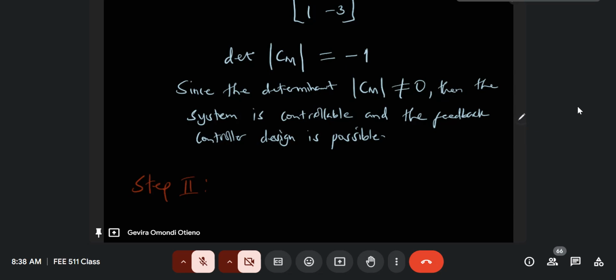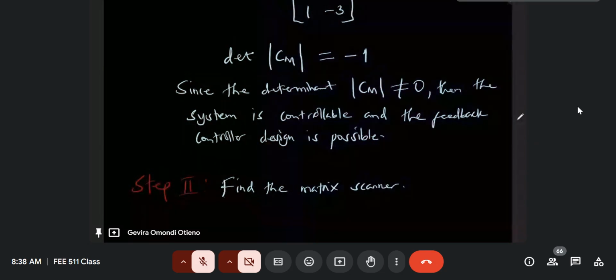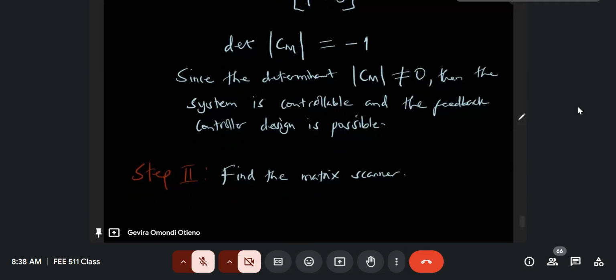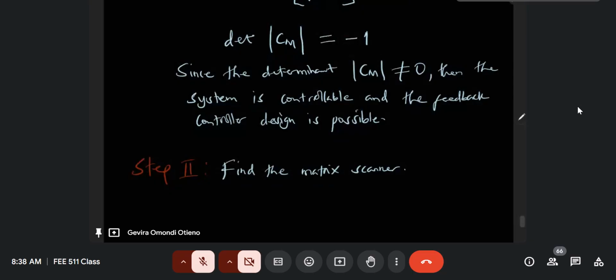You now need to find the matrix K. How do you do that? Very simple. We write the equation determinant of SI minus A plus BK should be equal to the desired